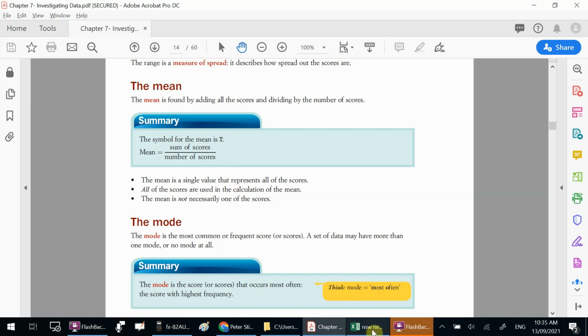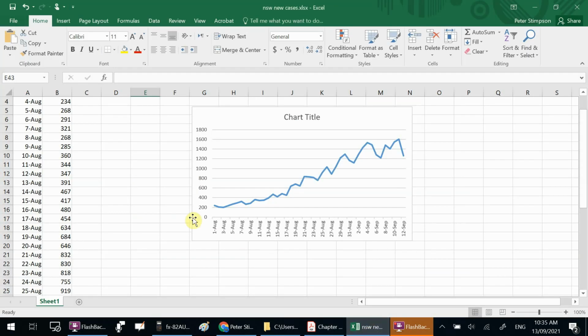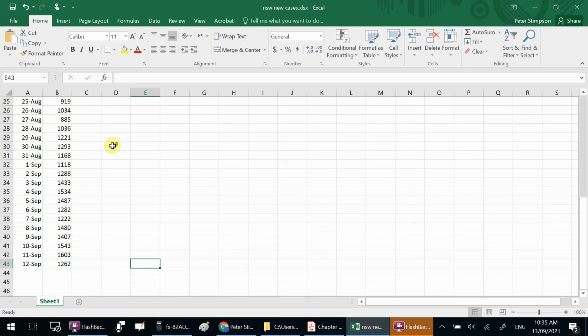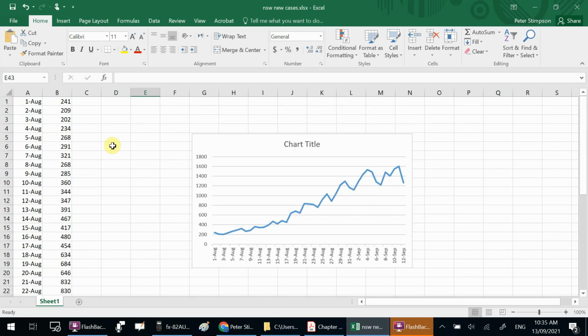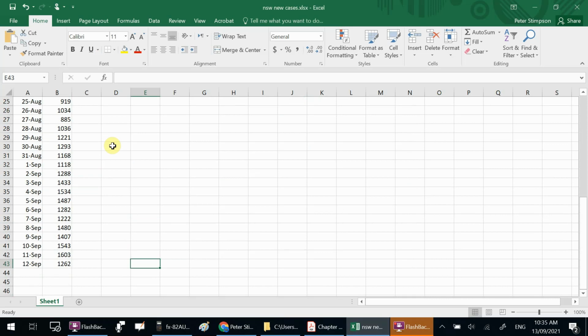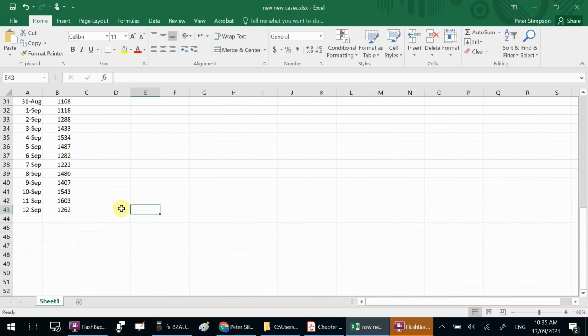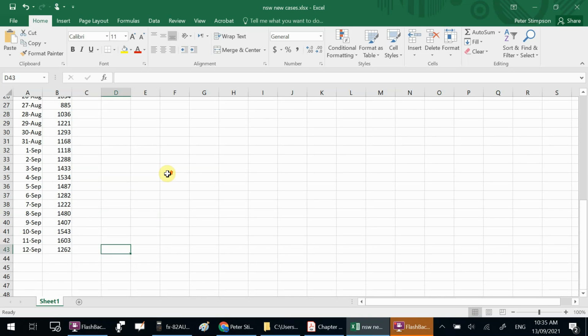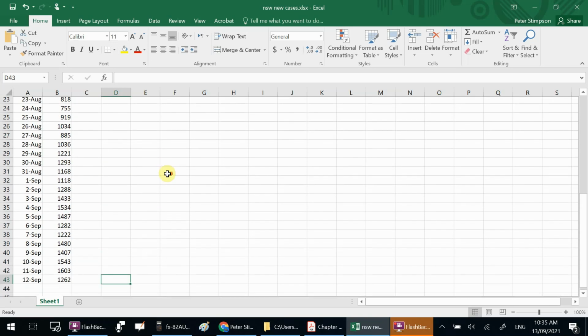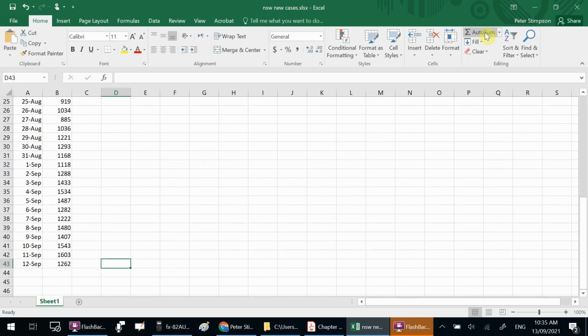Now, just to help us understand this a little bit, I've got statistics from new cases in New South Wales of COVID for August and September so far. So what I'm going to do is find the mean for September. So I'm just going to do a little auto sum, and down here, that's all of September so far,